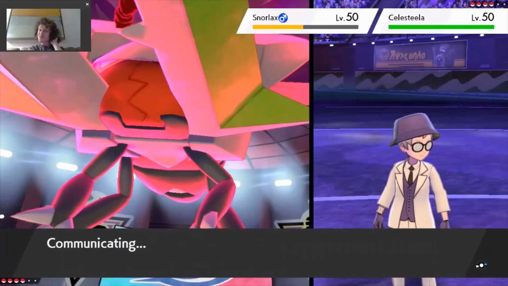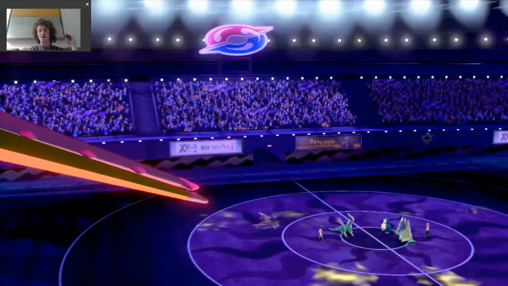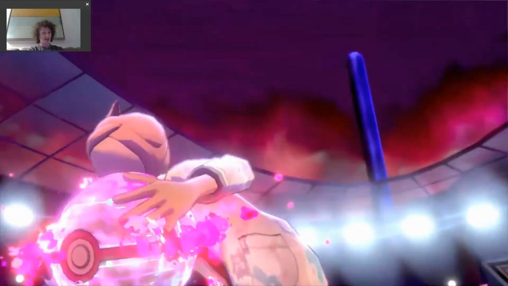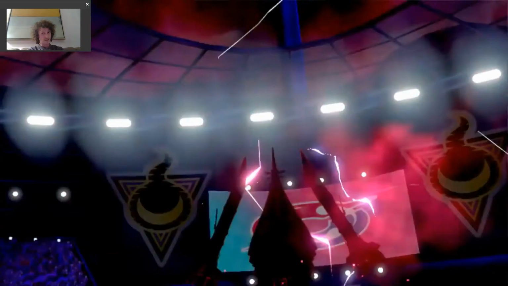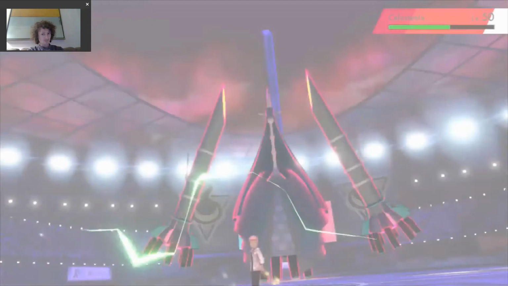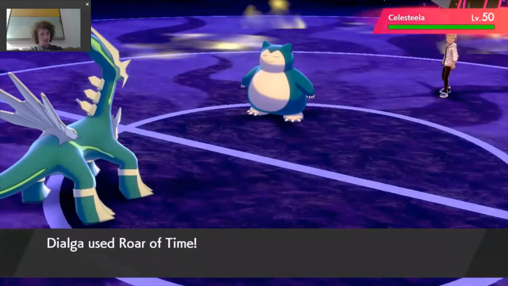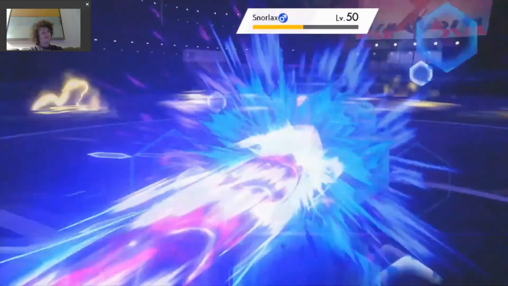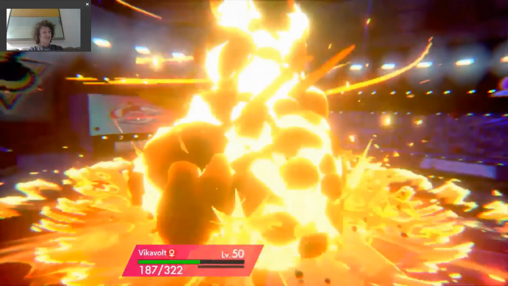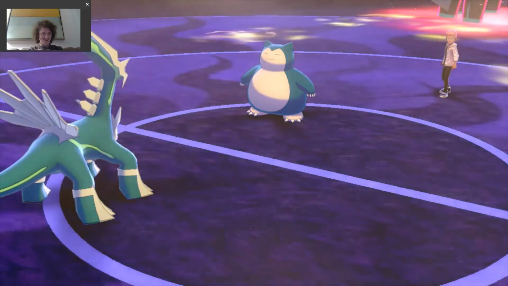So, I was afraid that Roar of Time would not do enough to Snorlax. I was almost positive it wouldn't. But I did know that I need to Max Lightning Celesteela this turn. And they're actually gonna Dynamax. Dynamax Celesteela. Yeah. I just knew. I had a feeling. I was like, alright, this is not gonna do enough. I wish it was, but it's